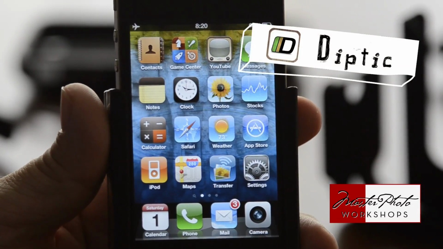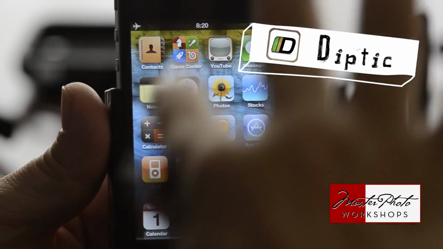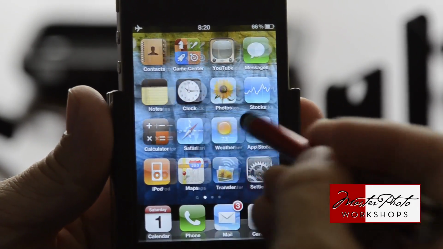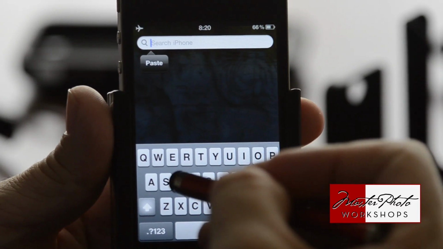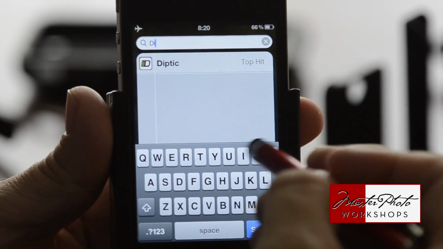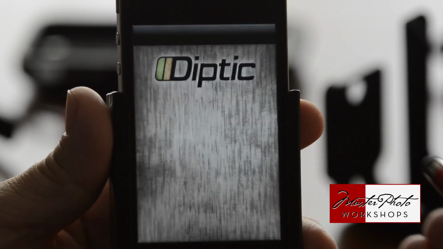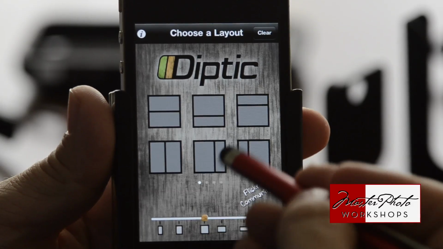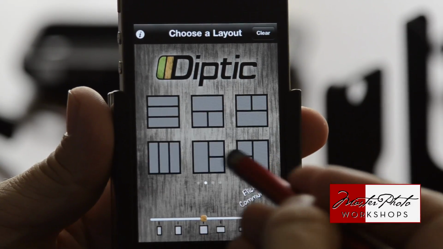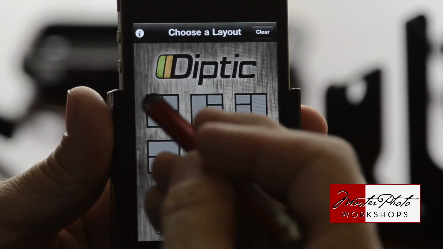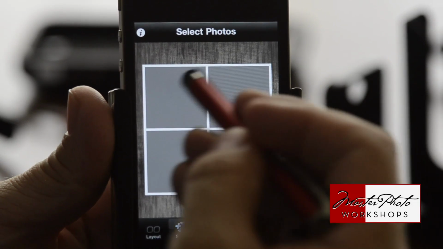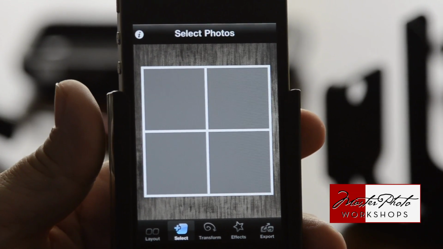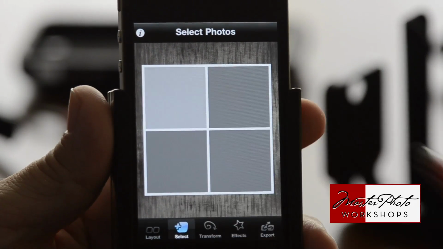We're going to begin with a rather easy app to use called Diptic. You can basically just go in here and make a series of frames. Let me search for that. I'm not sure where it is, and you can do that too. You get to a certain point that the apps kind of get lost in the phone here. And here's our various options. I'm going to go over to the one with these four squares. And since the Hipstamatic format, which is what I shot the house portraits in, is also a square format, you just click on each one,